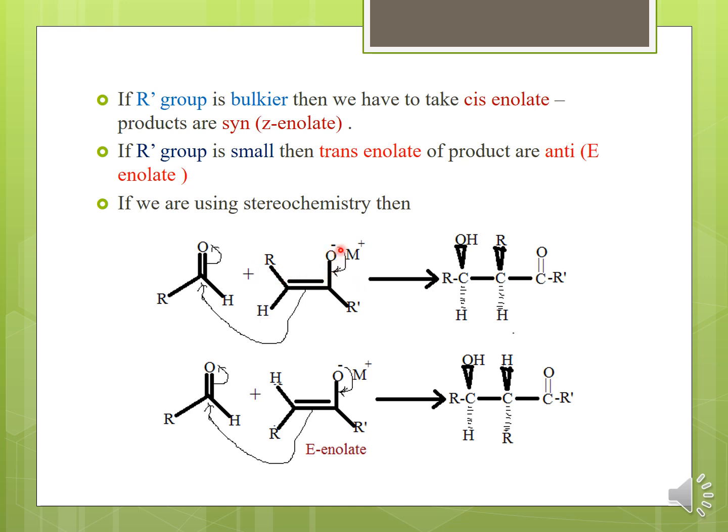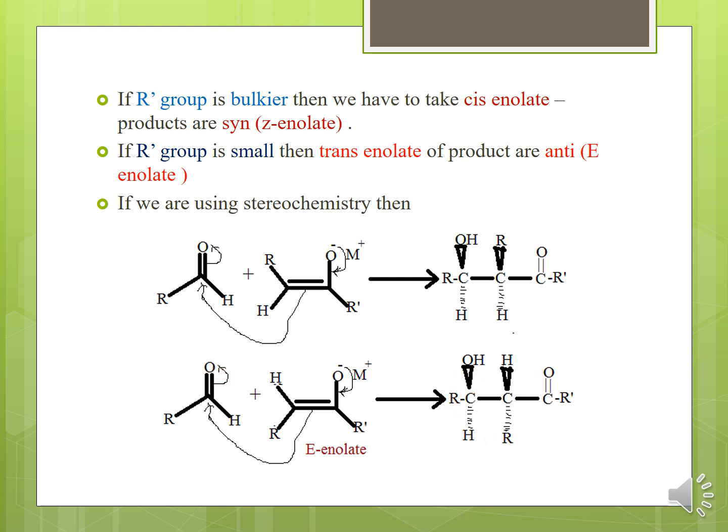And then what happens, this bond shifts over here, this bond will go and make a new bond, and this bond moves and makes an O minus, and there is abstraction of the proton. Upon protonation, you will get back this product, the cis product. Then again you are taking the aldehyde. On treatment with the E enolate, this minus charge will shift, this bond will make a new bond with the carbonyl compound, and then there is a shifting of one of the carbon and oxygen bonds over here, resulting in the trans product.